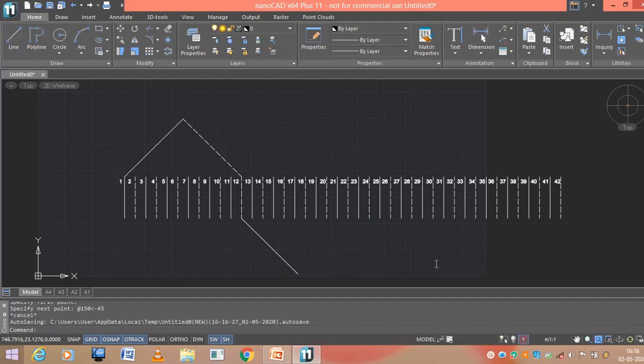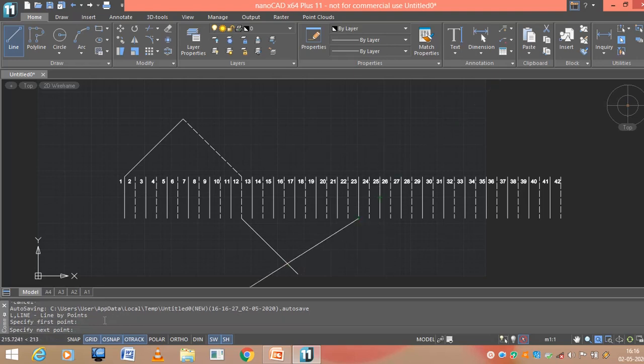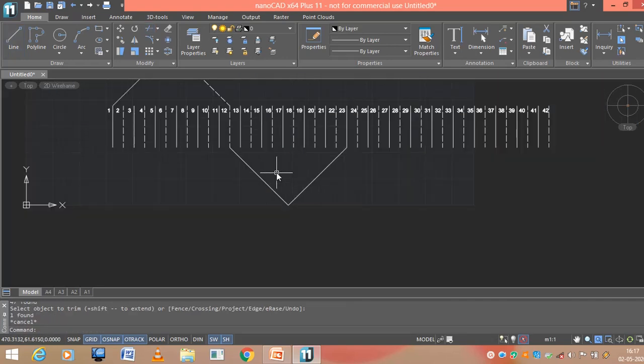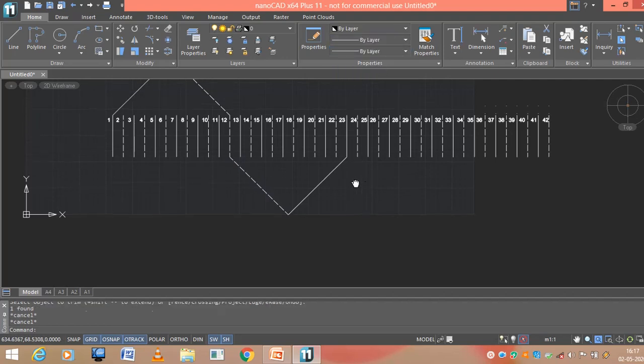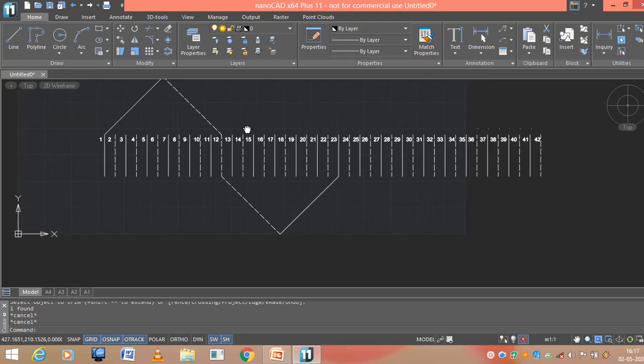So this is the 12th conductor, and let us go for the 23rd conductor. This is the 23rd conductor. Okay. And it should be at an angle of minus 135, right? Again, the continuity from the dashed line should be a dashed line. It means it should be converted into a dashed line, right? Now I am ready with one back end connection and one front end connection.